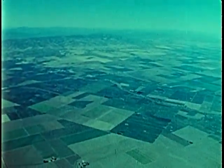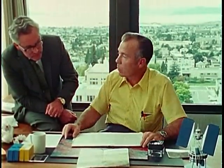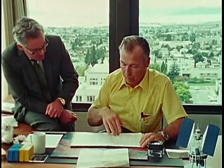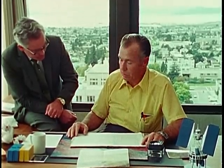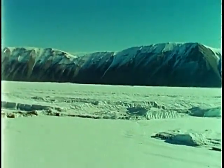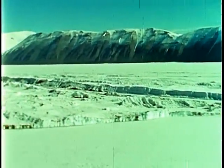Field by field, pilot and observer collaborate on the identity of each crop, doing in a few hours what would take days by car and on foot. Of course, we've got the coordinate location so that your computer people will be able to just take that and enter right off the chart to train the computer as to what these agricultural types are, and I think they're accurate. But there are other parts of the world where ground truth is not yet accessible, where remote sensing plays